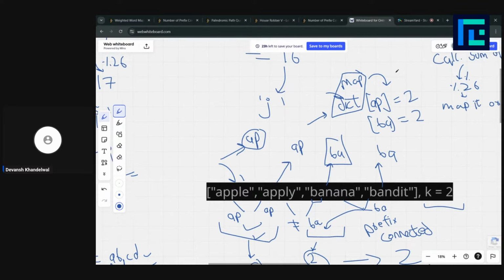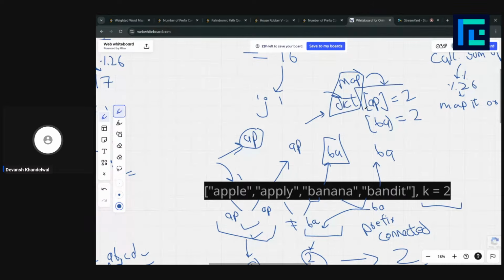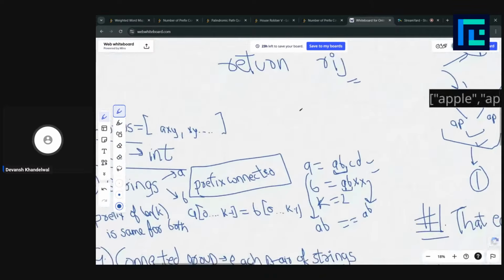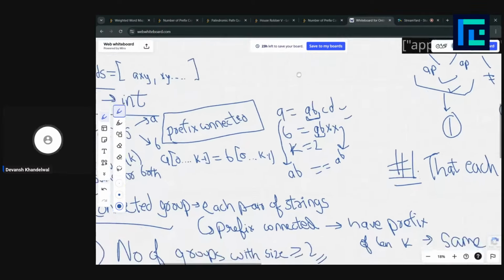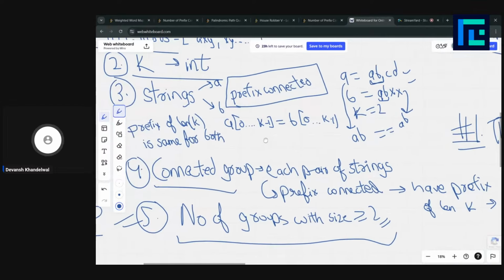And then what this tells us is that this would form a group. All those strings with this prefix would form a group, because the major observation was that in any group all the strings would have the same prefix of length k.